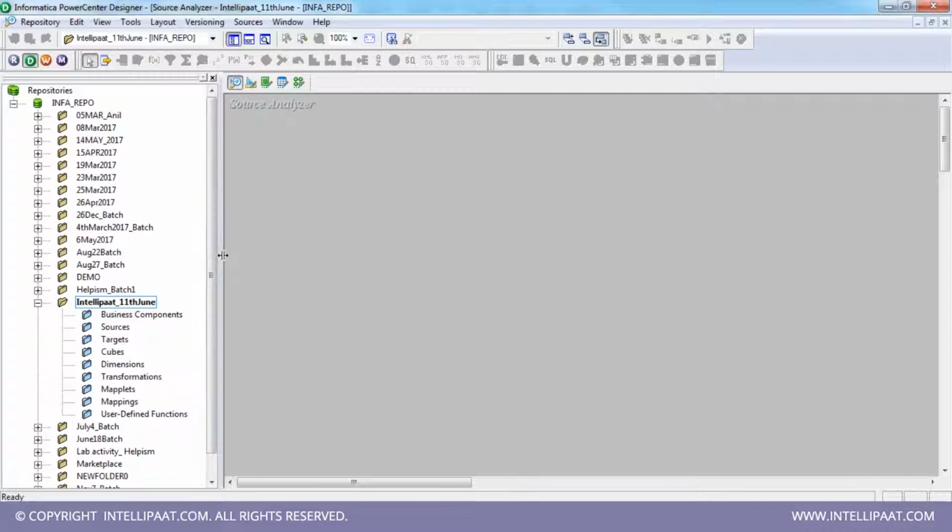So these are the objects within this folder. We can create source, target. Forget about these cubes and dimensions currently. It's here in the scope of ETL. Source, target, transformation, mapplets, mapping, user-defined functions. These all things can be created. We can deal with all these things in the designer. So we'll be working on them one by one. First of all, we start with how to work with the separate objects and different objects and how to create a design. So coming back,